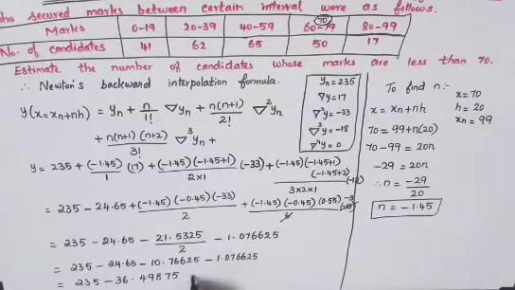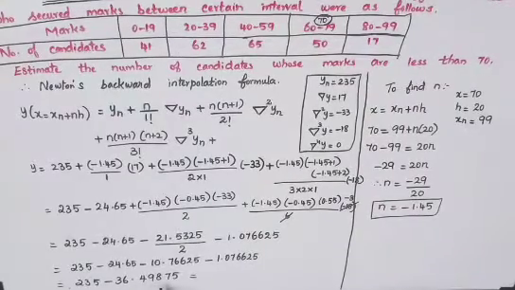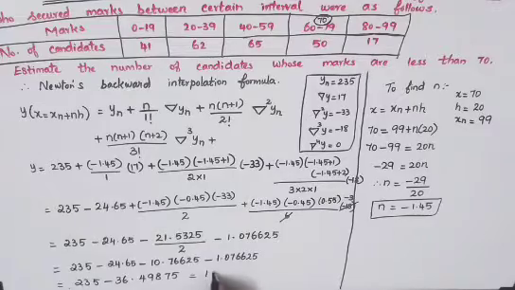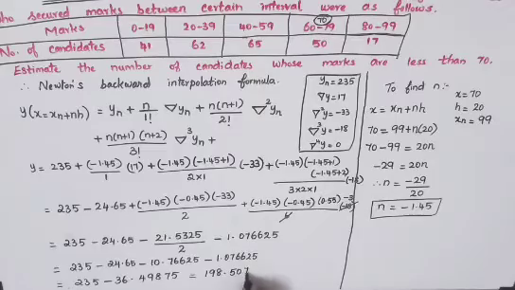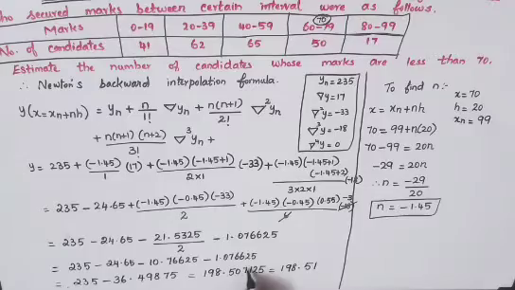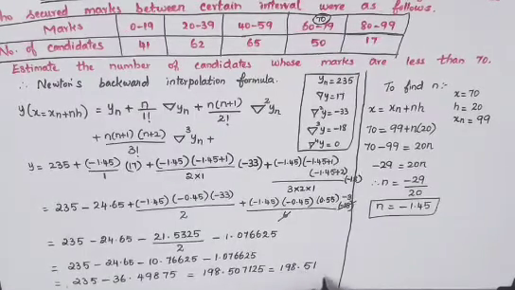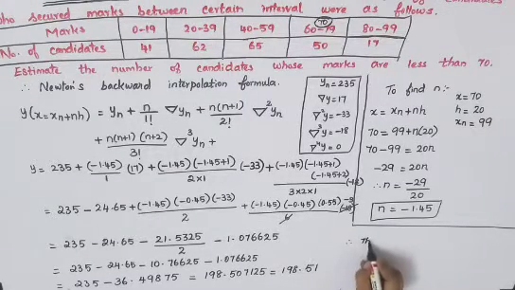Okay, so now subtracting 235 minus 36.49875, the last answer will be 198.507125. You can make this to 2 decimals as 198.51, because more than 5 is there, so you can add 1 to the before number and eliminate these numbers. So 1 added to the before number will become 51, and these numbers you can cancel. Okay, so 198.51.